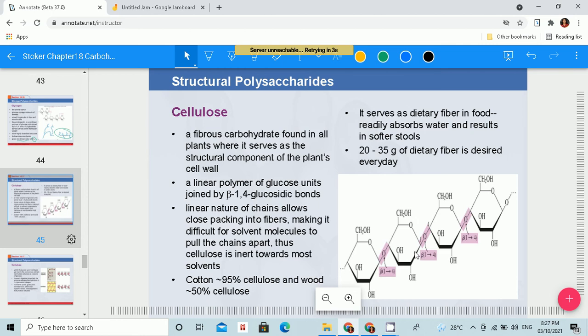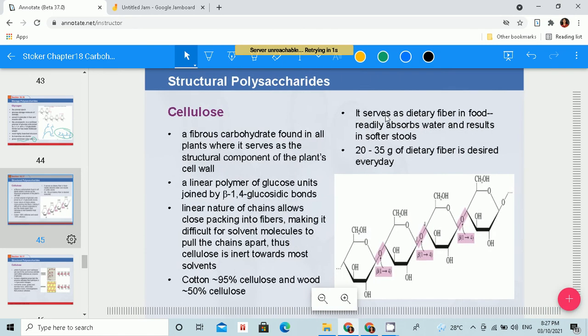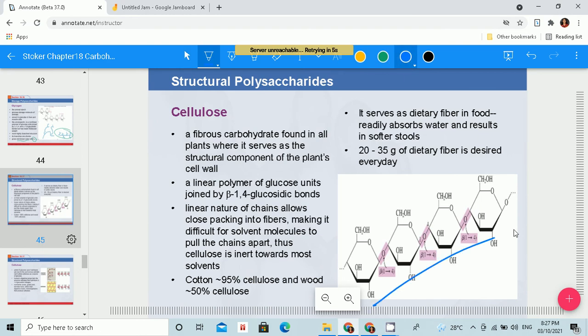Again, these are all glucose, and it is alpha 1. Okay, it's beta. So it's beta 1,4 glycosidic bond. Sorry about glucosidic, but it's glycosidic. Then we have